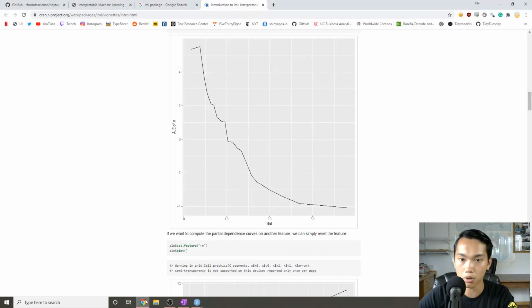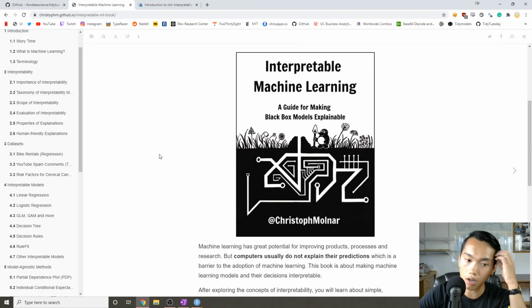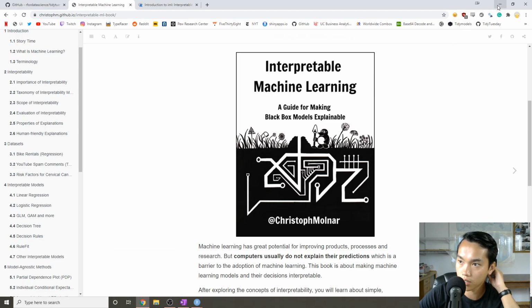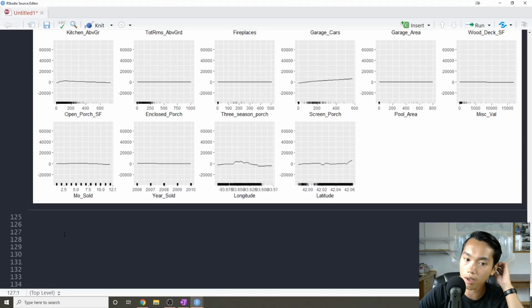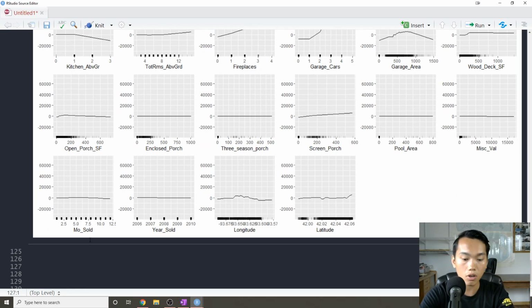For example, in the book, they're talking about a credit card application. We have a machine learning model that looks at your payment history, your gender, your age, and they get rejected for a credit card. They probably want to know why, what contributing factors contributed to them failing their credit card application, which involves